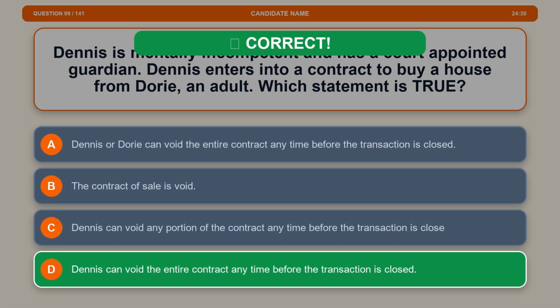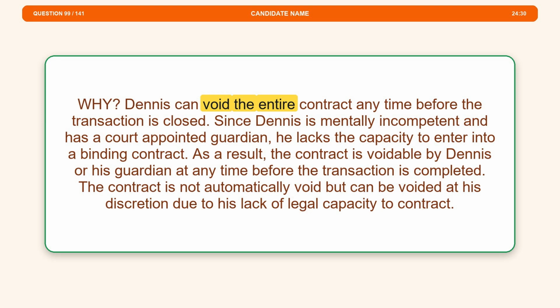The correct answer is option D. Dennis can void the entire contract any time before the transaction is closed. Since Dennis is mentally incompetent and has a court-appointed guardian, he lacks the capacity to enter into a binding contract. As a result, the contract is voidable by Dennis or his guardian at any time before the transaction is completed. The contract is not automatically void but can be voided at his discretion due to his lack of legal capacity